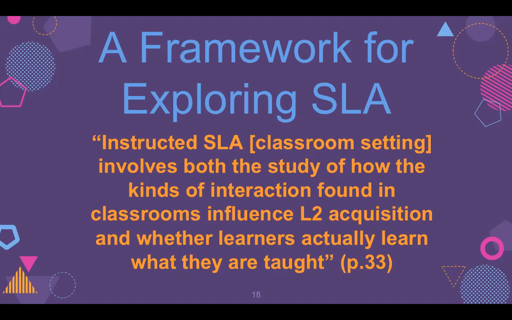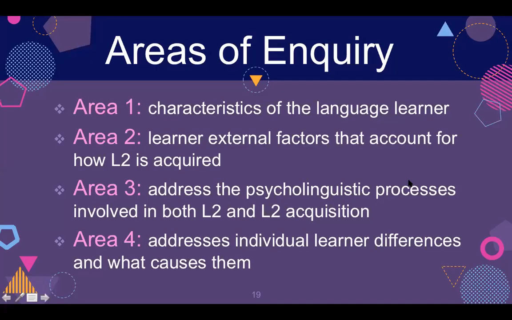And so we'll be looking at 7 different areas that are included in this framework. There is a chart on page 34 of the textbook, the Ellis textbook, if you want to see the areas all together and use as a reference. And they'll be dealt with in different chapters. We actually won't get to every chapter in this text, which actually might be a relief to you because it's